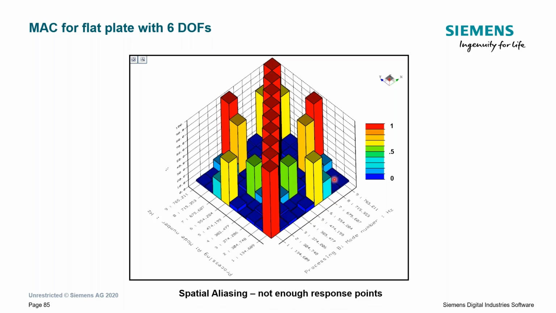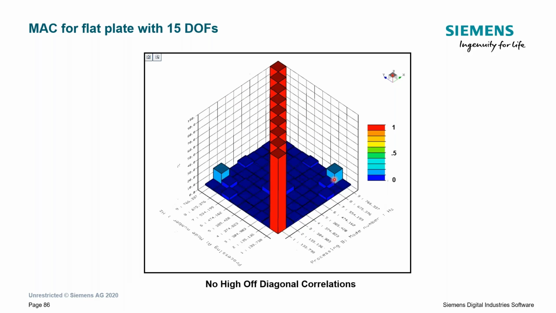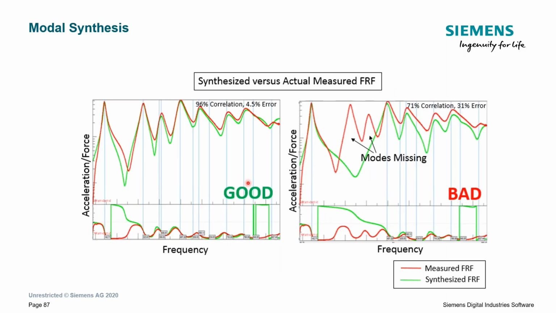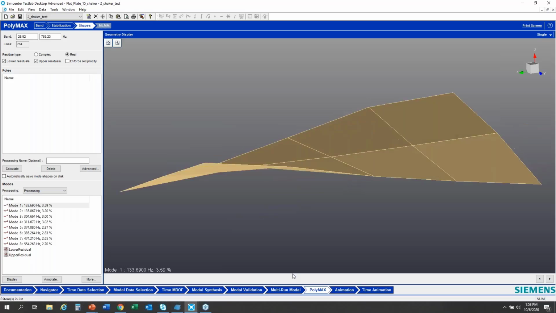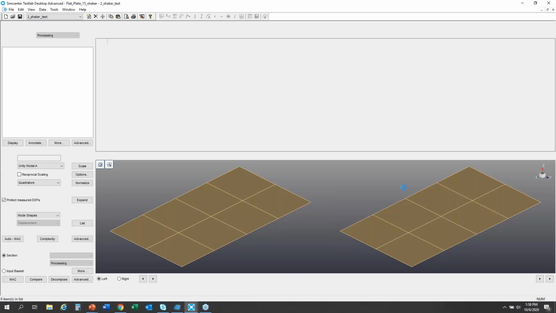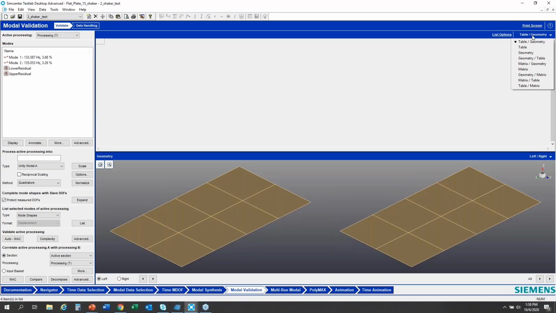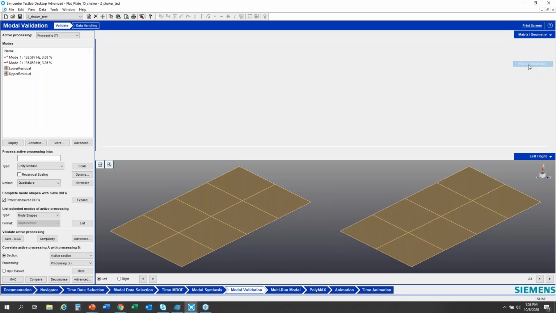That shows us that we are correctly identifying mode shapes, okay? So this is a good MAC matrix that shows us that the off diagonals are low, all right? So if I go back here to our analysis and I go to modal validation and I look at matrix